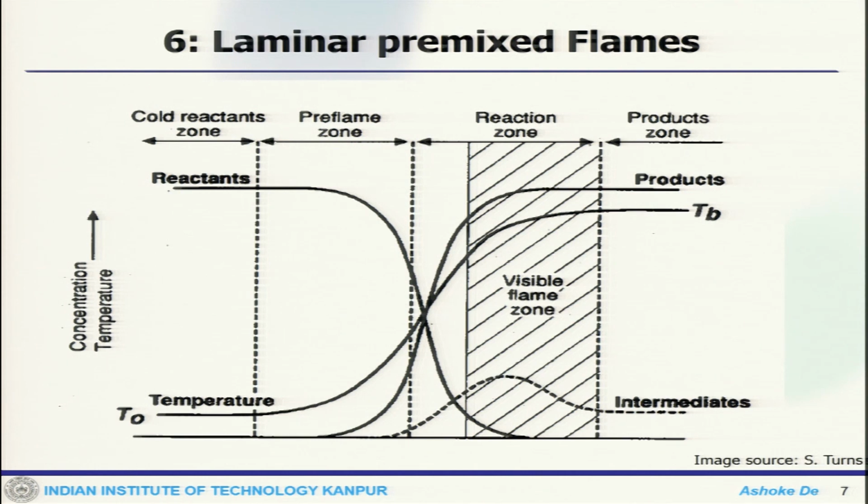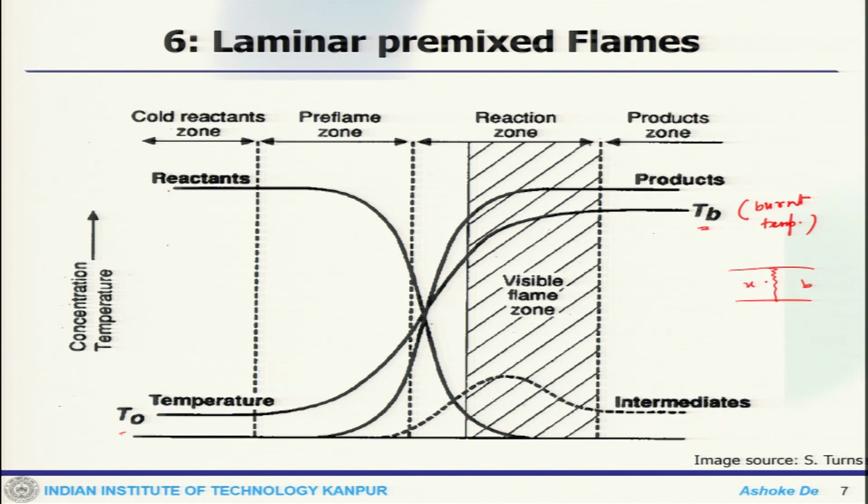Now, this is a picture of a freely propagating premixed flame. This is a very standard picture available in any textbook, and what it shows is the initial mixture, which is at the lower temperature. As it goes along, it reaches a final temperature, which is your burnt temperature, that means the other side of the reaction zone. If this is the flame thickness, this is my burnt side, this is the unburnt side.